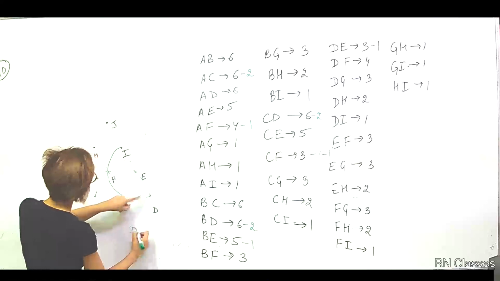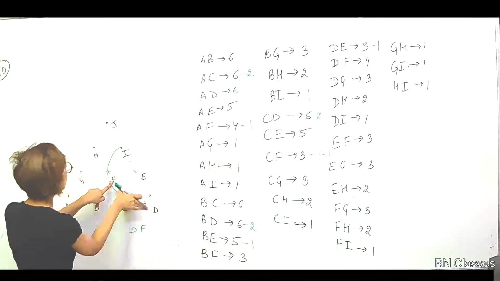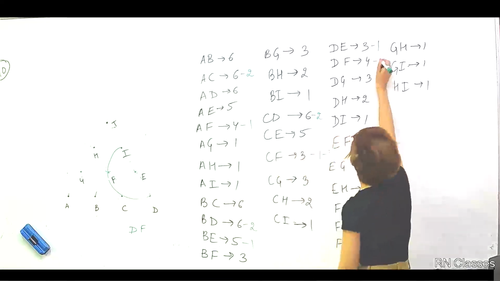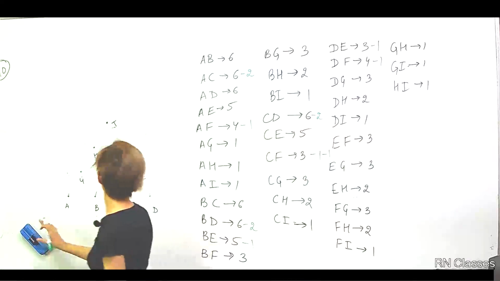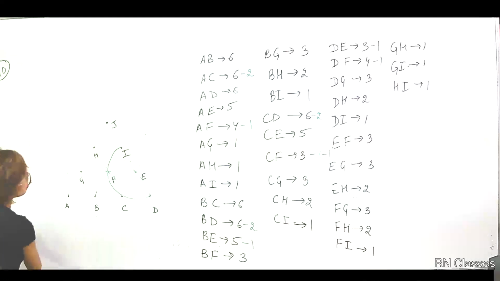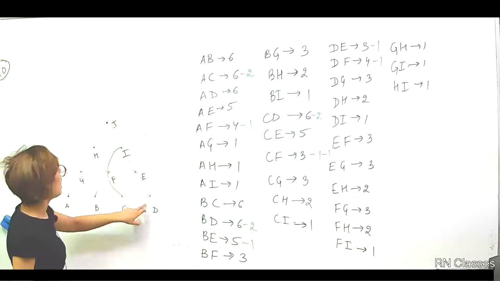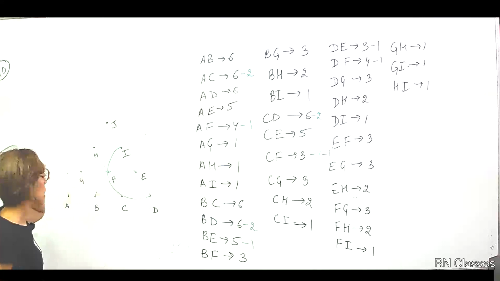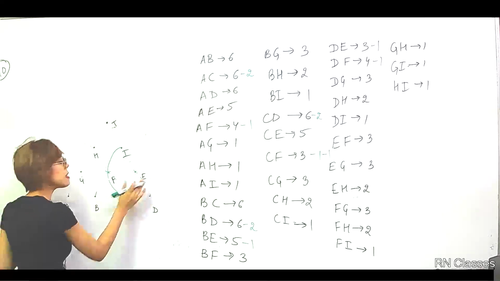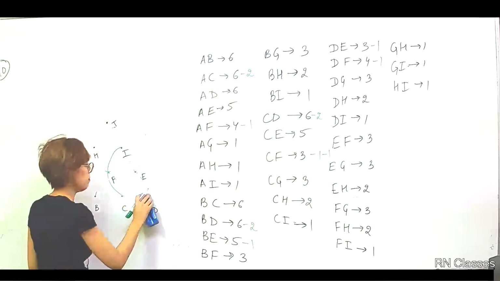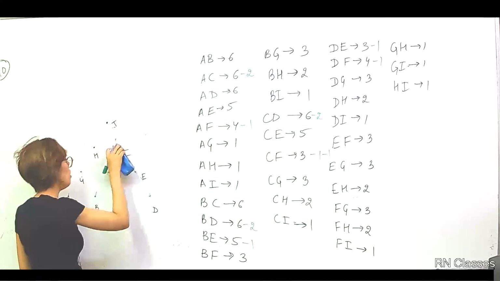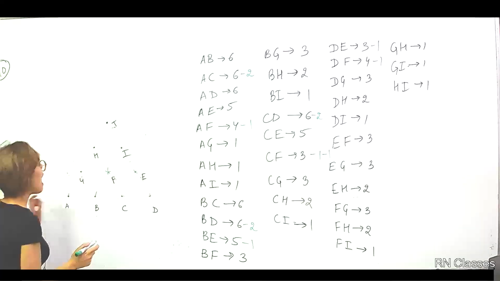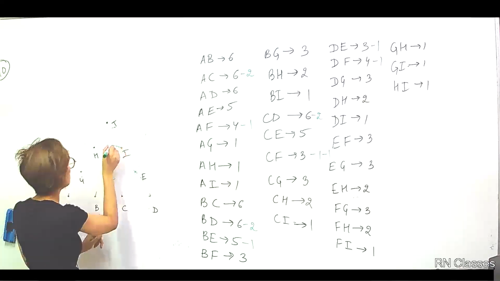I must have not have counted this, so C is done. So D. So DF, I must have counted it once. So DF minus 1. Done? Okay. So DF is done. D I say I won't get this one, and F I say I will not be getting this one. So this E as the center, I've exhausted it. Now let's come to S as the center. Now careful. With S as the center, my circle would be something like this.